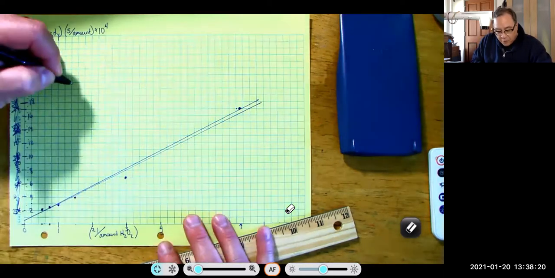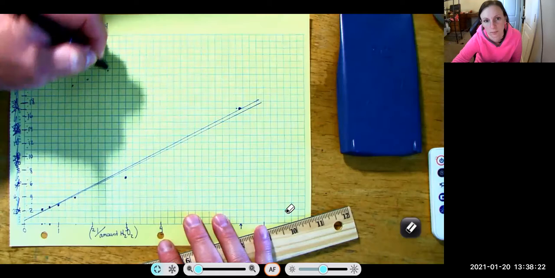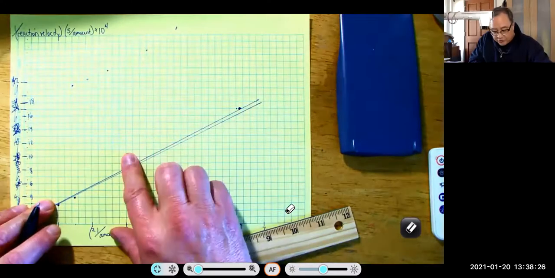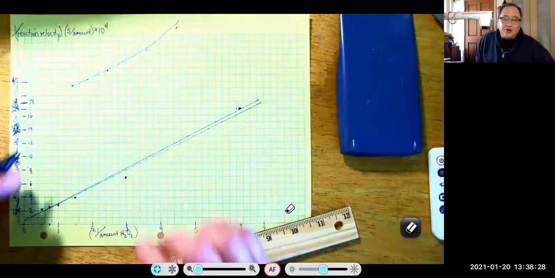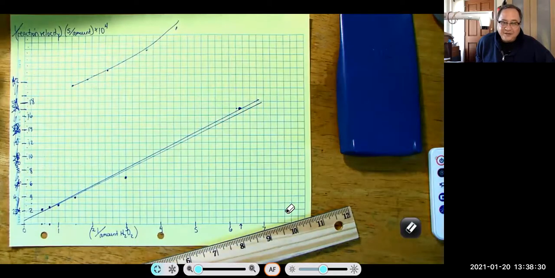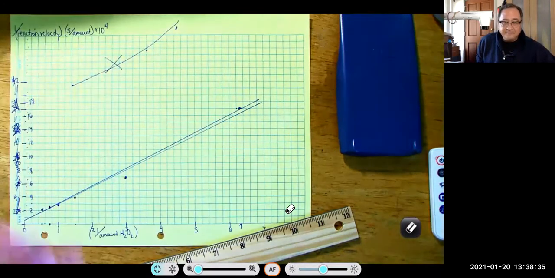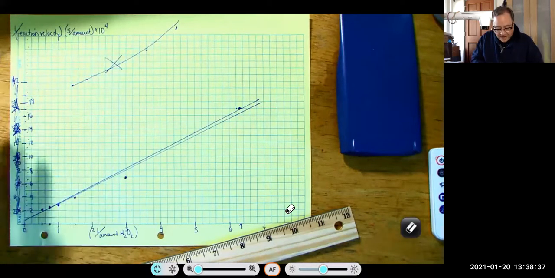If these were the points, this is something you don't do. You don't draw a curved line. So this is a no-no. Are you with me there? Okay, so now I want to get